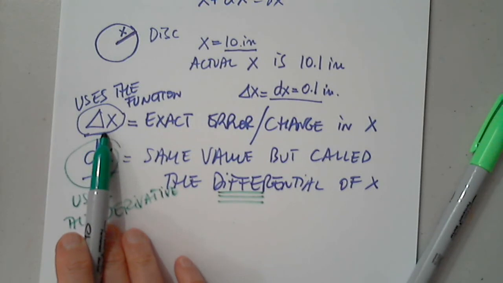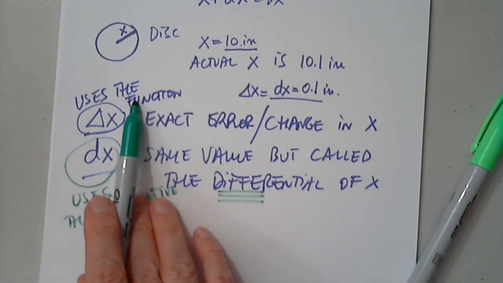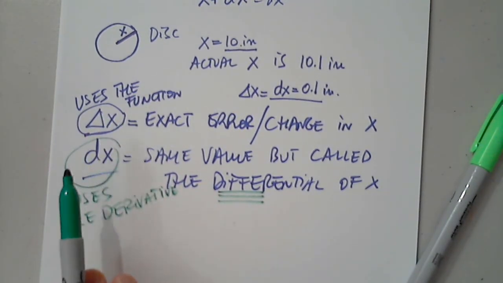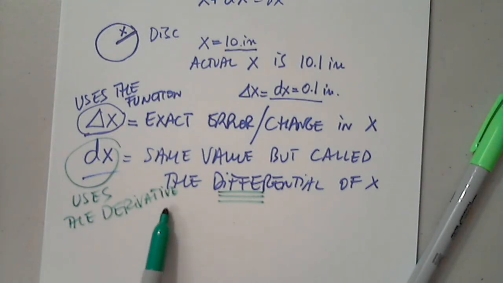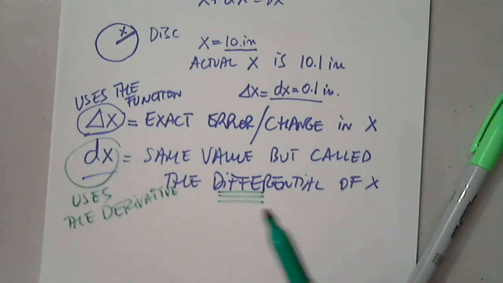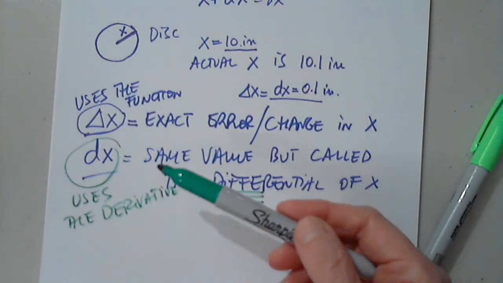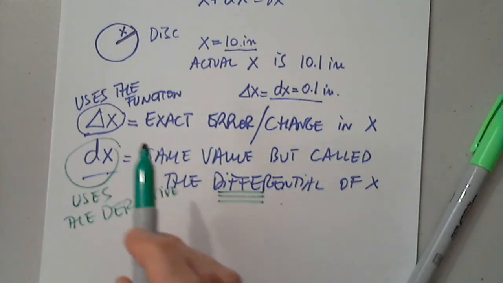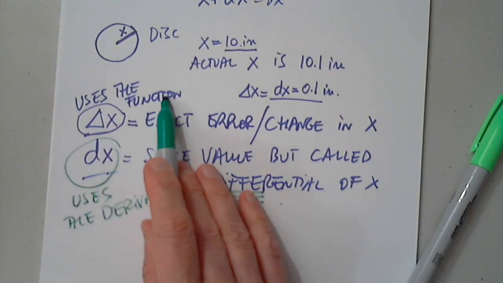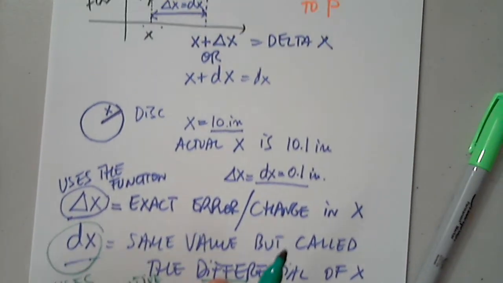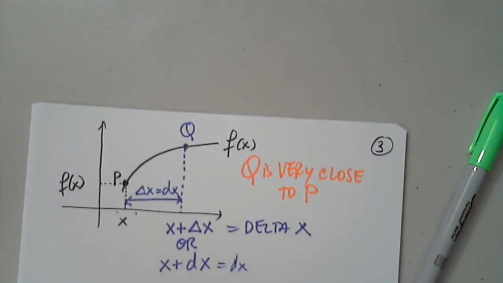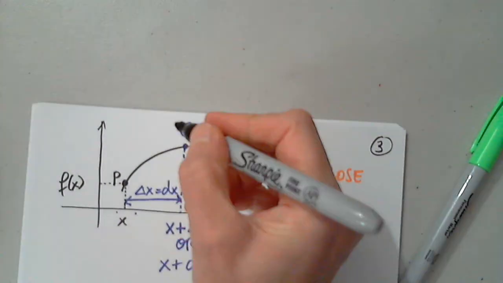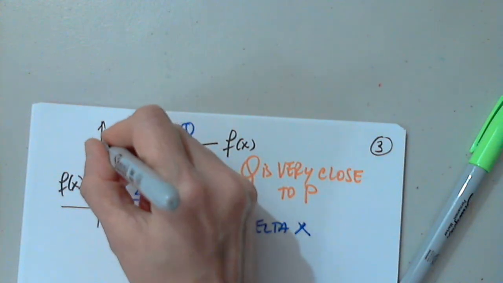Delta x uses the function. Dx is in connection to the derivative. But you can say again, why two different notations? Again, this is connected to the derivative, and this is connected to the function. Okay. Coming back here, I know you are going to say that the y value of this point is